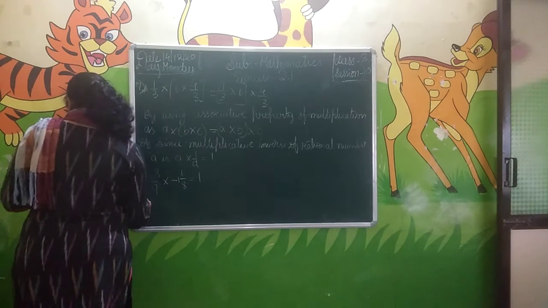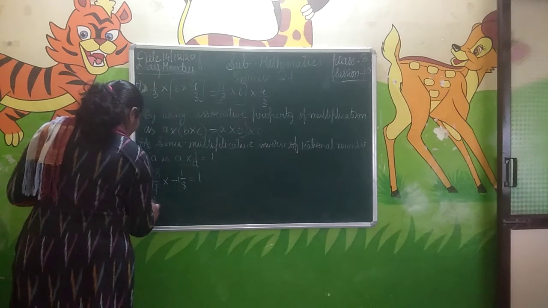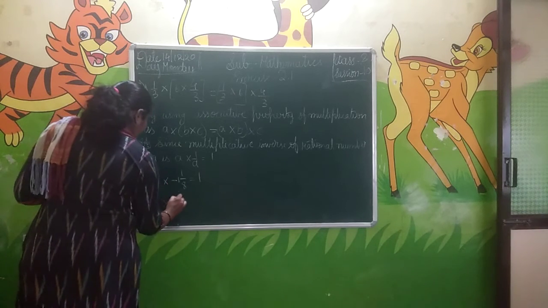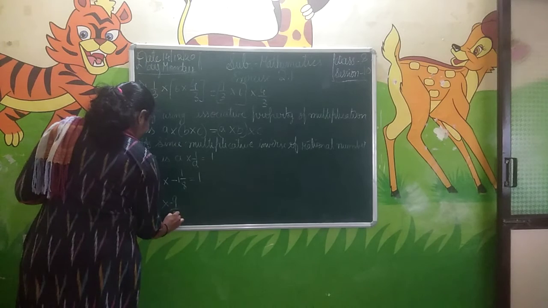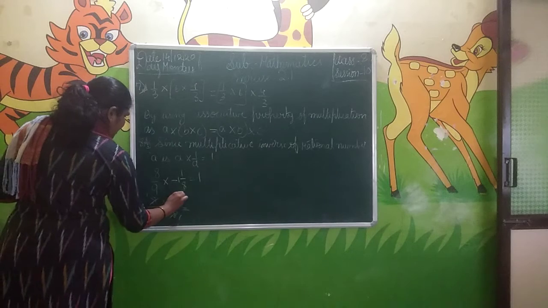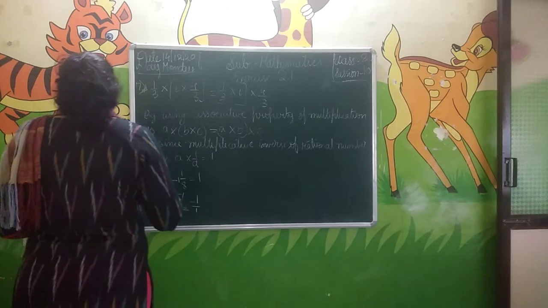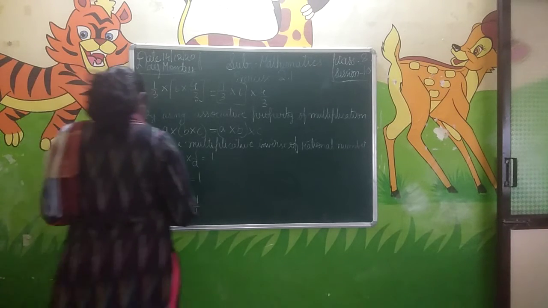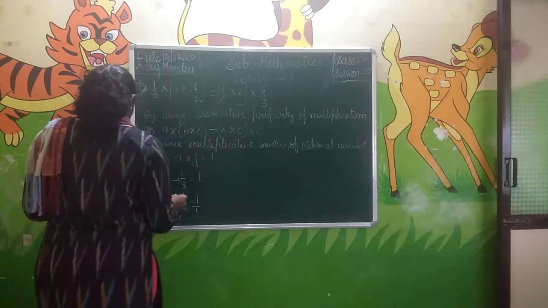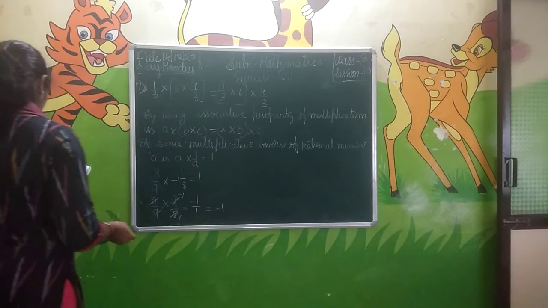First we have to form it into an improper fraction, that is 8 by 9 into 8 ones are 8, 8 plus 1 is 9. We'll get minus 9 by 8 here. So cancel it: 8 ones are 8, 9 ones are 9, we get minus 1 by 9. What we got, the answer is minus 1 by 1, so we can take it as 1 itself. Denominator if it is 1, it is not considered as any number.